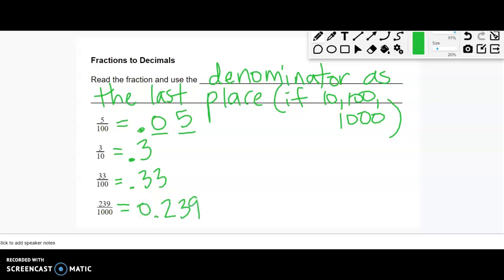Remember, I can put the 0 in front of my decimal. I don't have to, but I can. The next lesson, they'll get a little bit harder. Not hard, but just a little trickier. But these ones are all